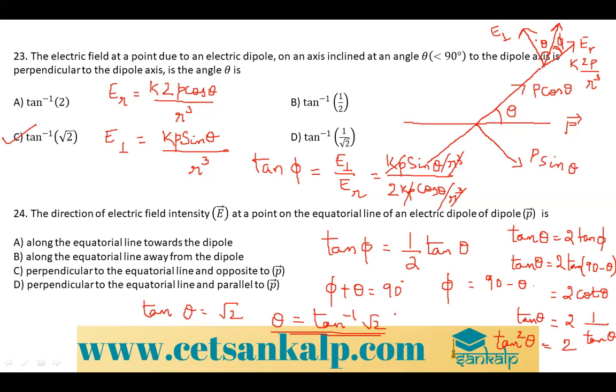The next problem they've given: the direction of electric field at a point on an equatorial line of an electric dipole is perpendicular to the equatorial line and opposite to vector P. So the direction of electric intensity at a point on the equatorial line of an electric dipole moment is perpendicular to the equatorial line and opposite to vector P. So according to the conceptual. Right. Next,